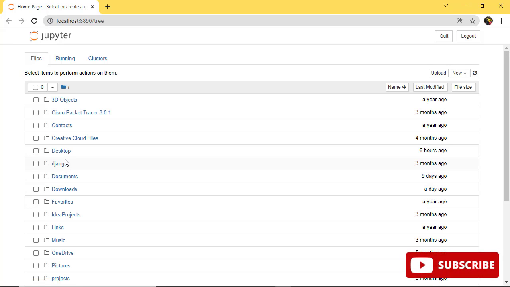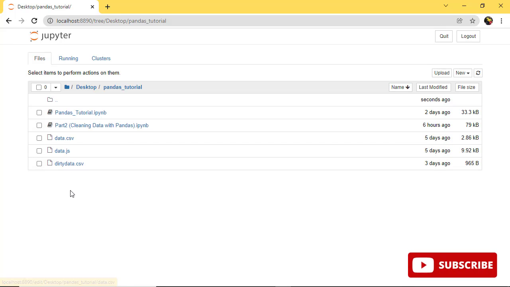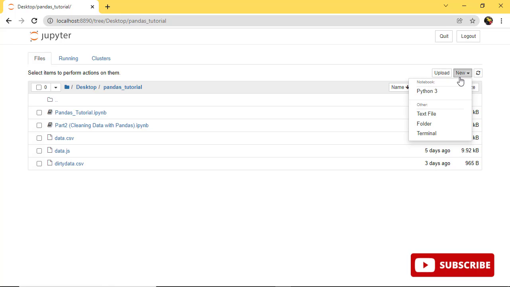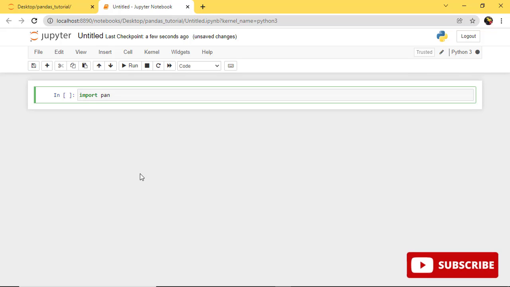So let us go to the desktop, where we have a pandas file saved. I'm just going to create a new file, Python 3. Don't worry, as always, I'm going to push this to the GitHub repo so you can download everything. The first thing I need to do is import pandas. So I'm going to import pandas as